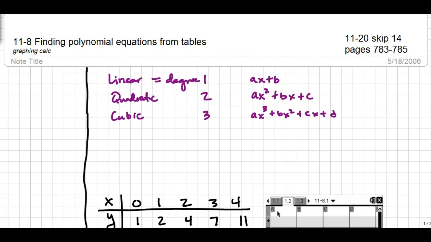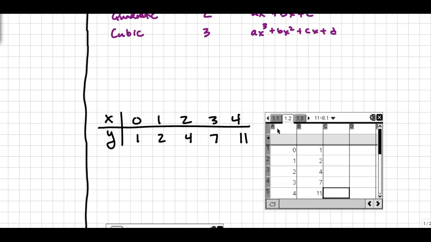So when you use your calculator to find these polynomials, you have to tell it which degree to look for. So that's why we do finite differences first. And then we're going to tell it to do regression based on one of these words here, based on what the degree is. And then the calculator will generate a's, b's, and c's, or whatever else you need in order to create your polynomial. So what you're going to do is take the information that you're given in table form,